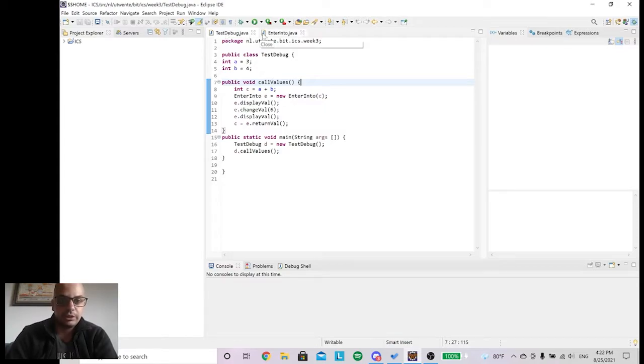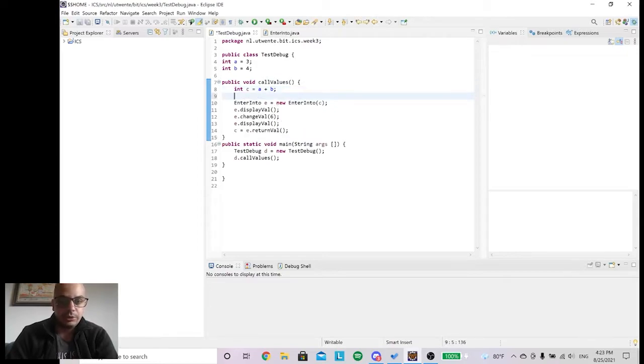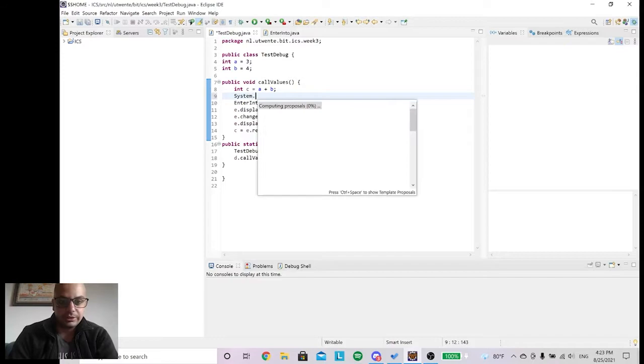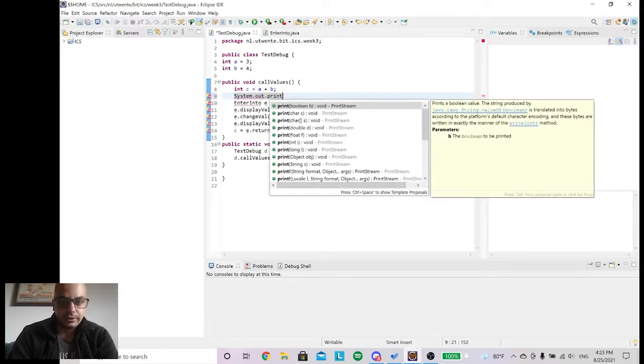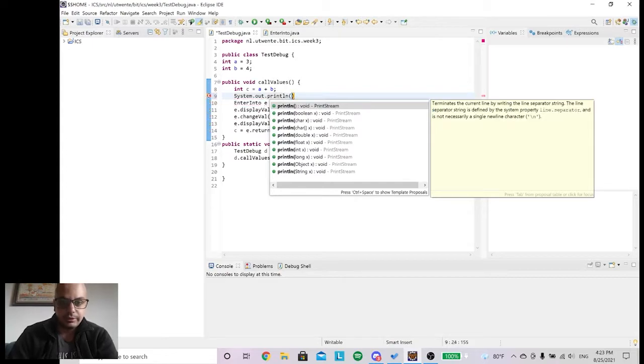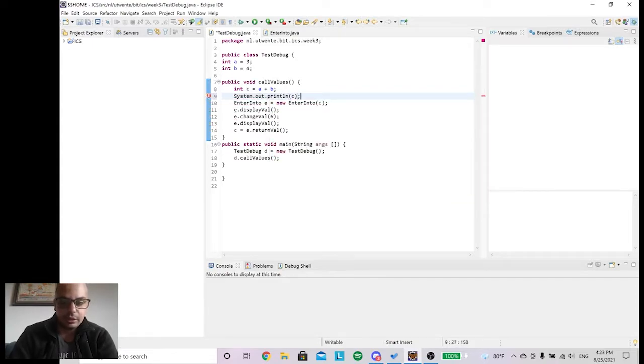If you have simple programs like that and you just want to check a value, you can easily write somewhere in the code system out print line and just print that value.